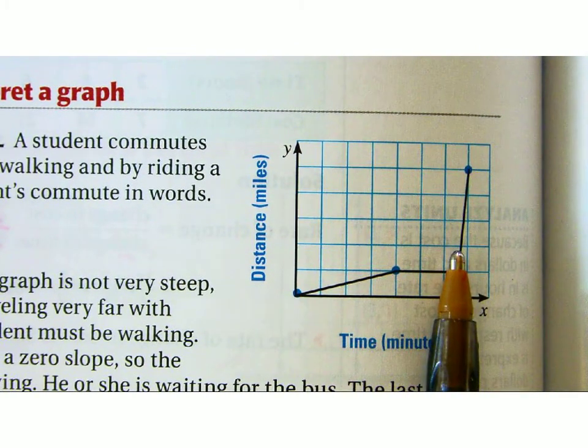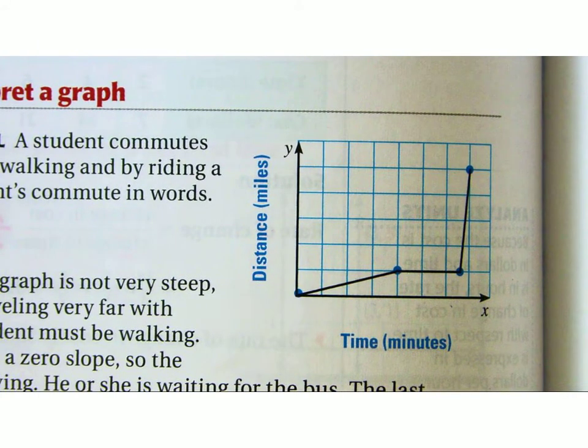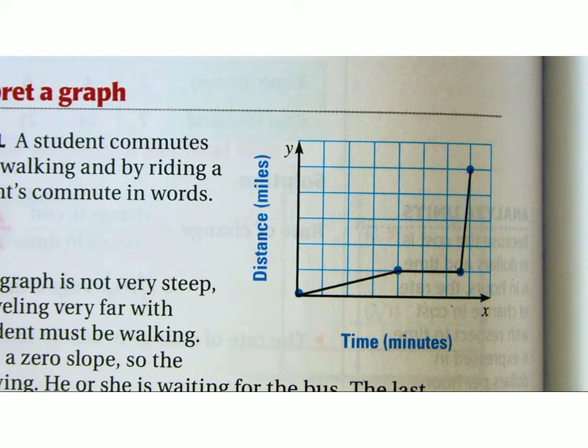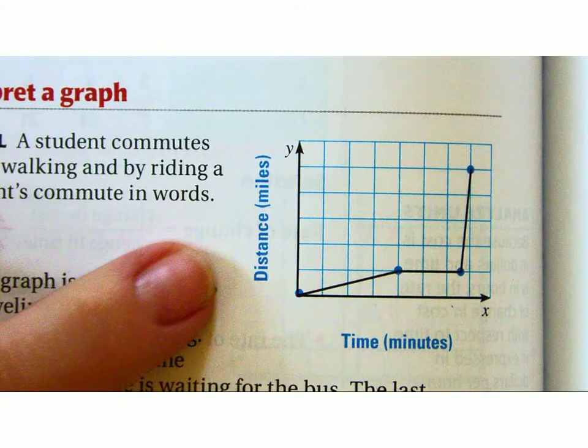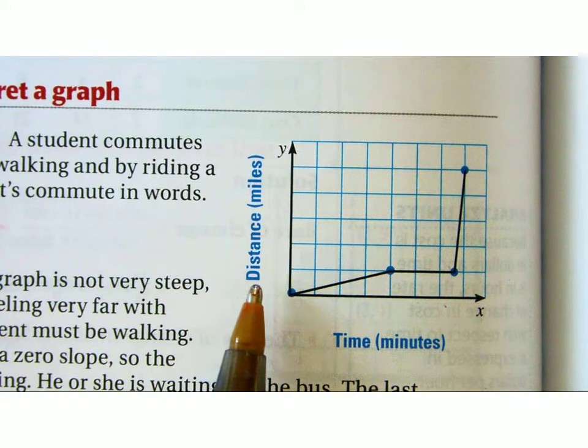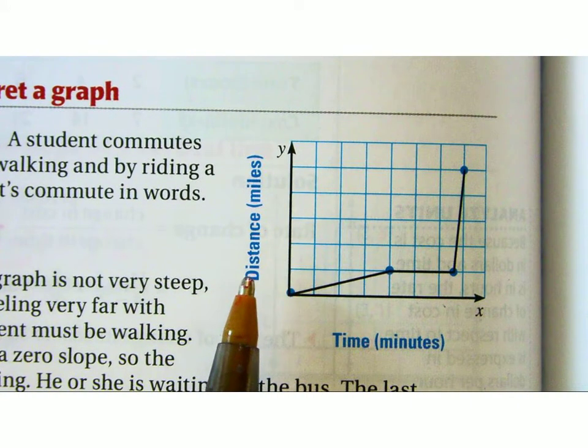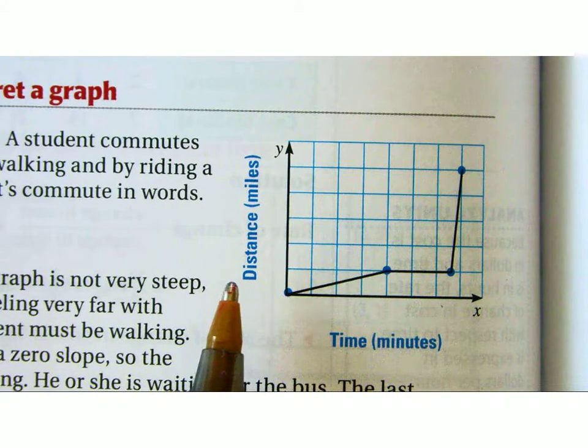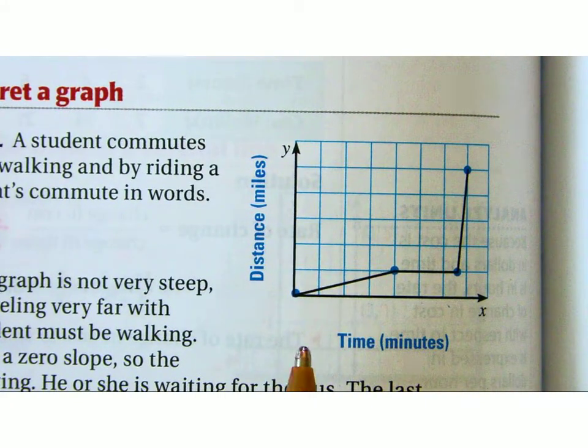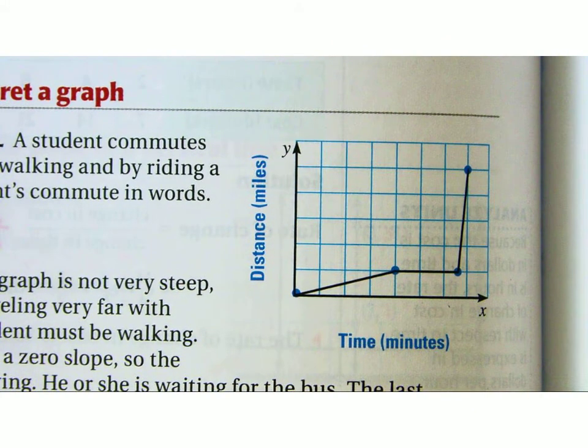Now watch. Now, a lot of people said they speed up. Well, in a way they do, but notice that the y-axis isn't speed, it's distance. But how do you know they're speeding up? Because their distance from their home is decreasing faster than it was. Okay? Then I can maybe ask you specific questions like, how long was she waiting at the bus stop before the bus came?